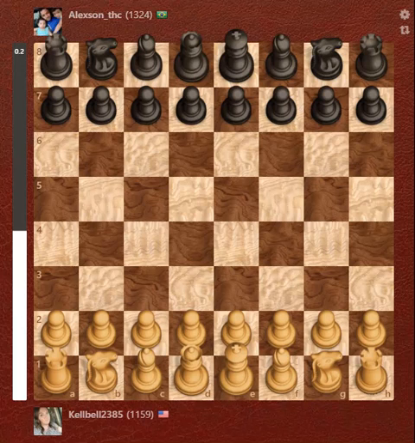So let's get into it. The first result is in, and this was a game between the 2021 Let's Castle Women's Chess Player of the Year, Kelbel 2385, against two-time LC champ Alexson THC from Brazil. Kelbel has the white pieces,